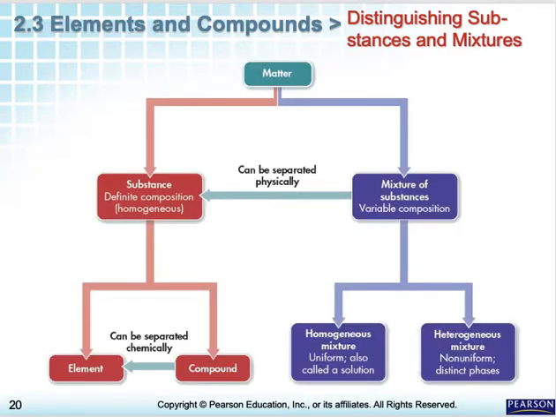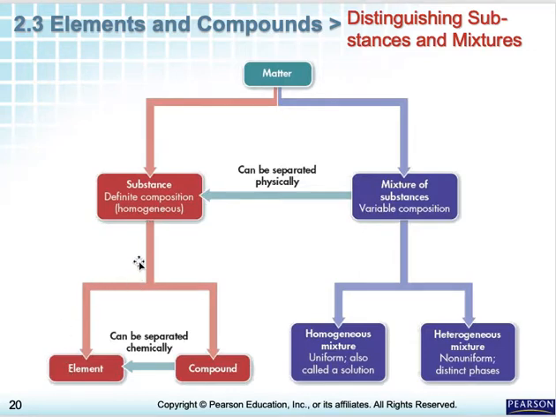So here's the flow chart I'm going to ask you to understand and be able to apply. And you're going to want to write this into your notes, and I am going to be checking for it. Once we have matter, we are going to decide whether it's a substance or a mixture of substances. And a mixture of substances could be physically separated. If you follow down on the substance side over here on the left, a substance has a definite composition, and it